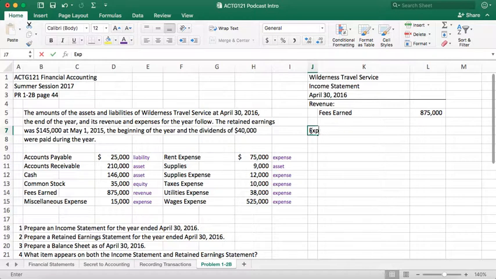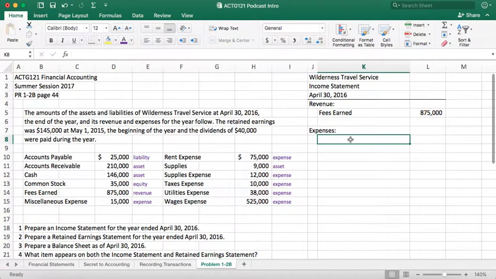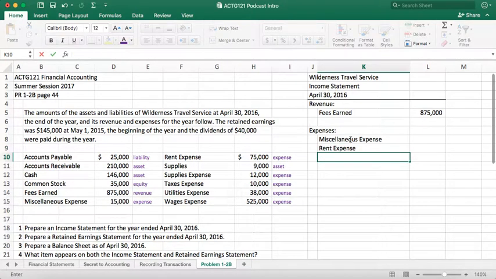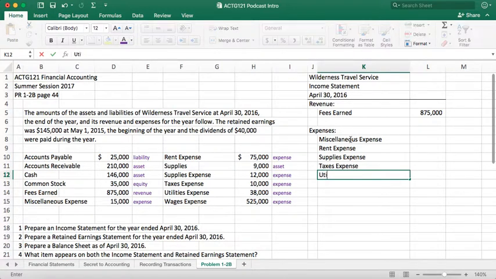Now we're going to put our expenses. We're just going to list them. We have miscellaneous, rent expense, whoops, not supplies, that's an asset, but supplies expense. Taxes expense, utilities expense,